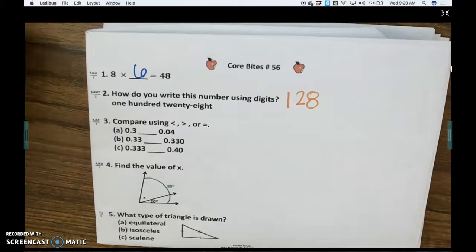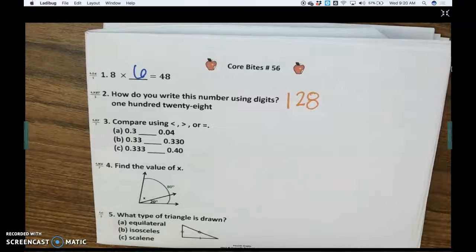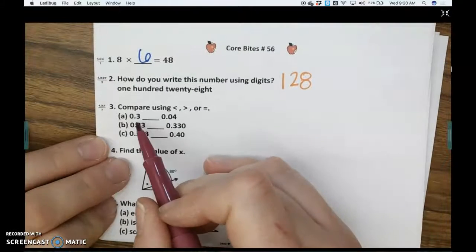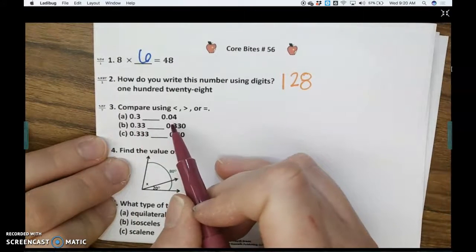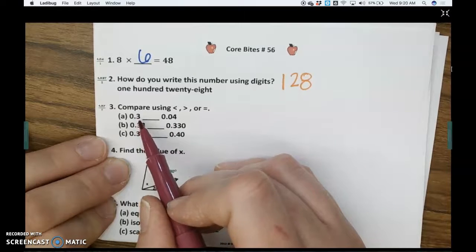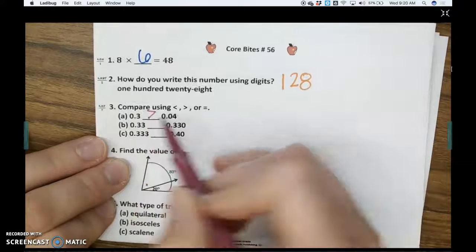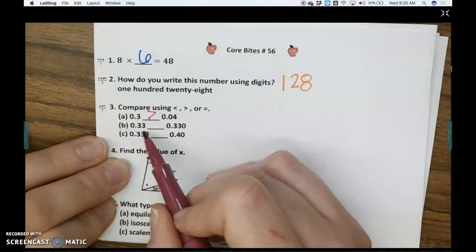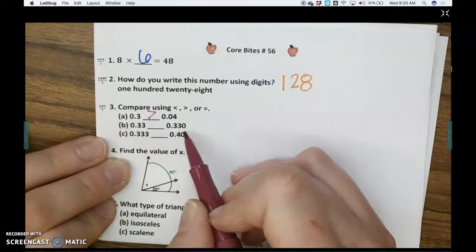Comparing and contrasting decimals. Less than, greater than, or equal to. So we have 3/10 and 4/100. So remember, the closer the number is to the decimal and the larger it is, the greater it is. So 3/10 is greater than 4/100. Then we have 33/100. We have 330